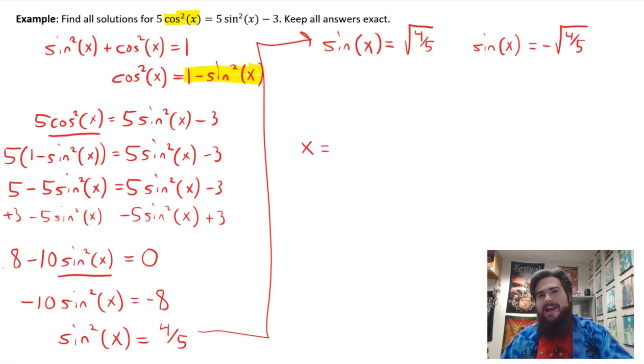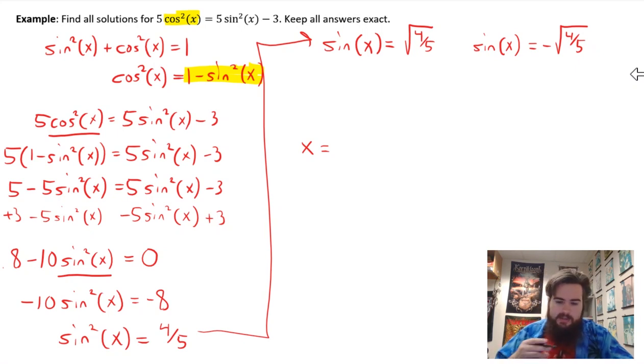I don't recognize that ratio of square root of 4 over 5 from the unit circle. I know that it defines a realistic triangle because that ratio is less than 1. So that is a real triangle, I just don't know what angle measure this would relate to. However, we do not need to know what angle measure it is, even if the question asks us to keep all answers exact. That does not mean it needs to be an exact radian familiar value like pi over 3